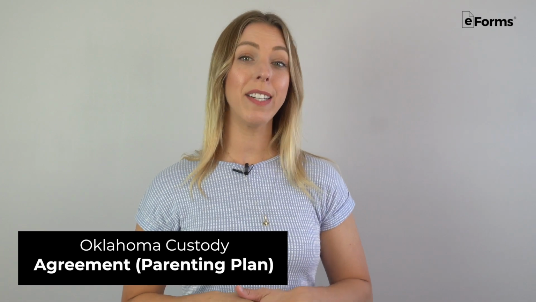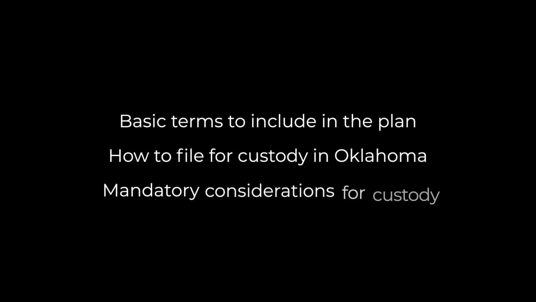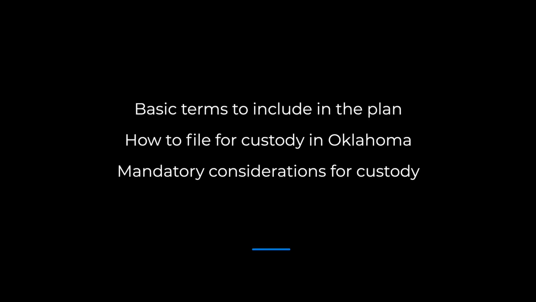An Oklahoma custody agreement, also known as a parenting plan, is a legally binding agreement establishing a child's living arrangements, medical and dental care, and school placement. It also determines the parent's child support obligations and visitation rights. In this video, we'll cover basic terms to include in the plan, how to file for custody in Oklahoma, and